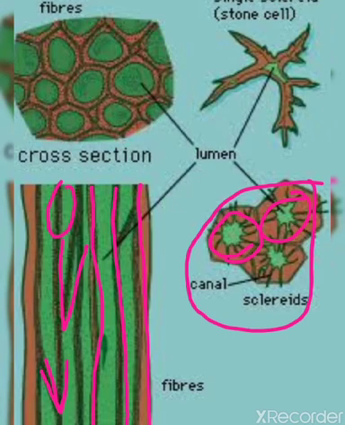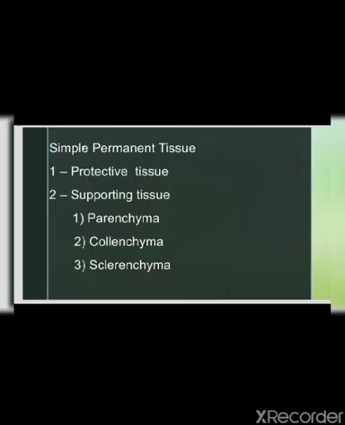Sclerids form the major part of the shell of nuts. I think you all eat nuts and you like them also. When you eat nuts next time, see the shell of nuts. Just like we can take example walnut. Okay, see the shell of nuts. They are made up of sclerids. Clear, children? These also produce the gritty texture of pears. So, I have completed simple permanent tissue.